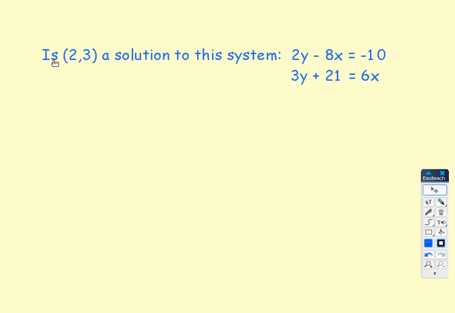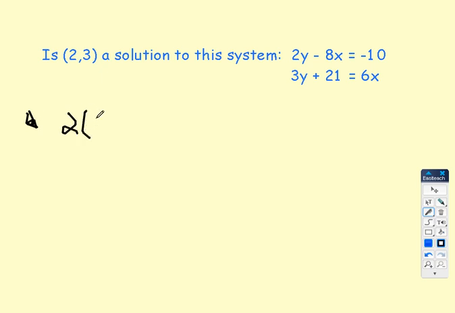Okay, so in this case I'm asking, is the coordinate 2, 3 a solution to this system? What I'm trying to find is, is it true that x equals 2 and y equals 3 on both these equations? So I need to substitute them in. Where I see x's, I'm going to put 2, and where I see y's, I'm going to substitute 3. So the first equation,